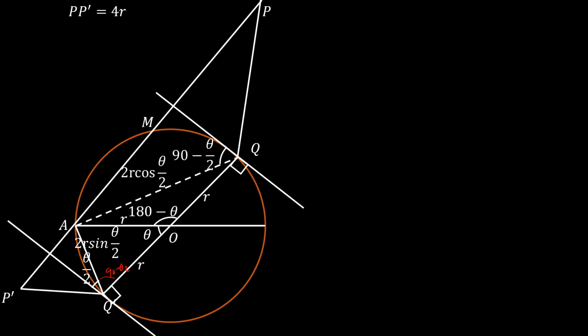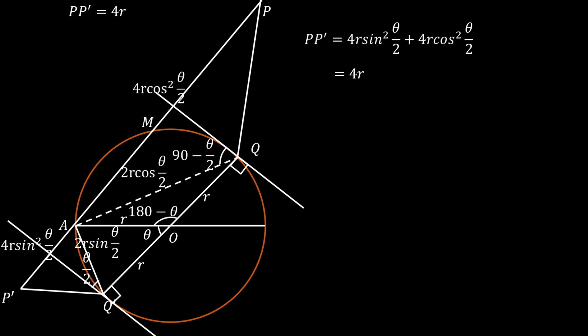So we're going to see that this line there is going to be 2r sine square theta. So 2 times 2 is going to be 4r sine square theta. And so is the line from here to this line. So PP prime is going to be equal to AP, sorry,